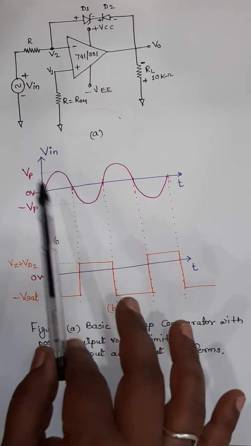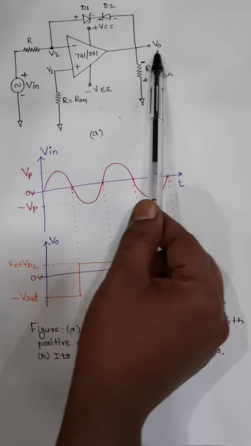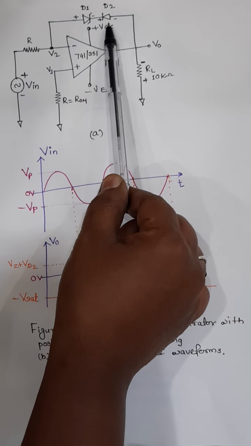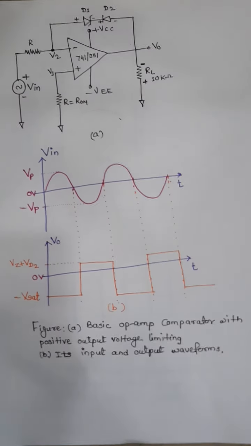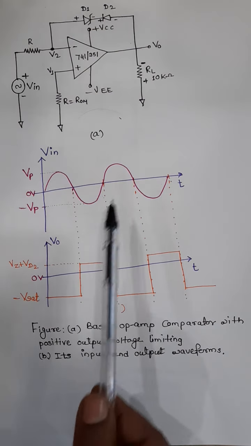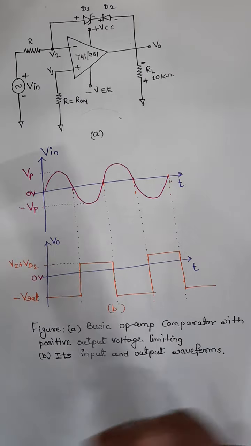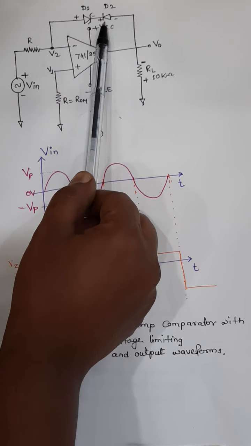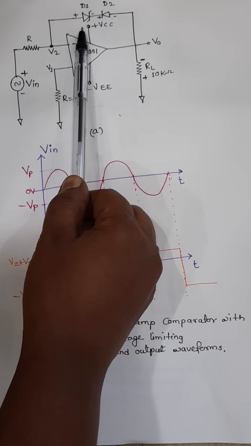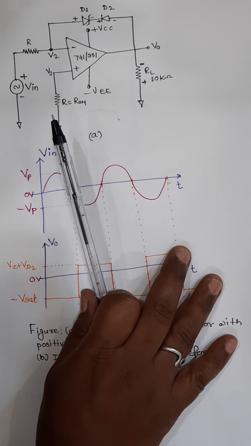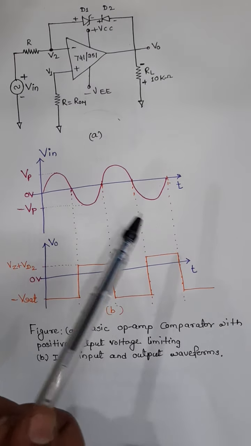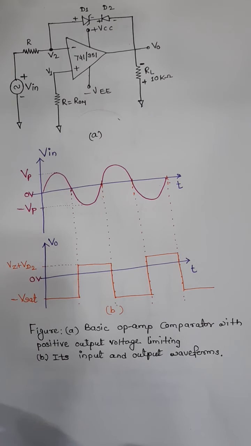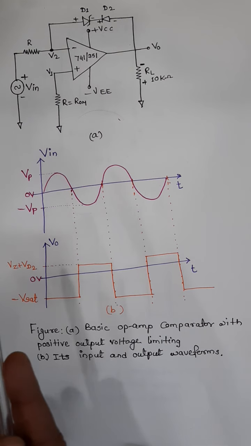Getting the point? In the negative half cycle, the output is positive, which will make diode D2 forward bias and diode D1 go into the avalanche conduction. So what happens is, now the feedback path will get closed and the output is nothing but the voltage drop across D2 plus the voltage drop across diode D1. So the voltage drop across D2 we can call VD2, or we can call this 0.7 volt also. And the voltage drop across diode D1 is VZ, because it will act as a Zener diode.